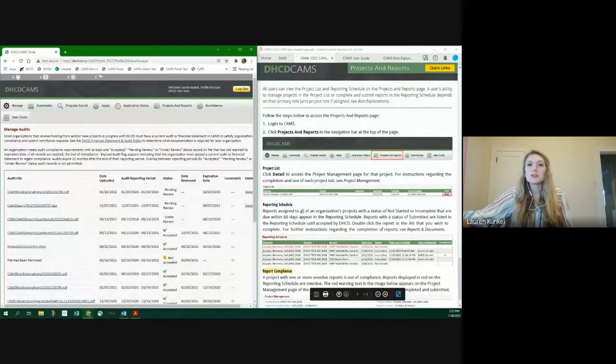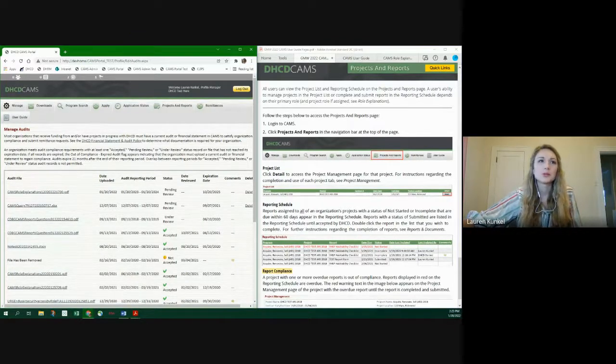So those are the changes to the user guide and the changes to CAMS for compliance. And the other ones were small, just like the alpha characters in the other file names. I think those were the only changes. Everything else was just an addition, getting some extra info in there. I want to next move through some of those common functions. So we'll look at organization level, so managing staff, project roles, the organization information, and then we've,